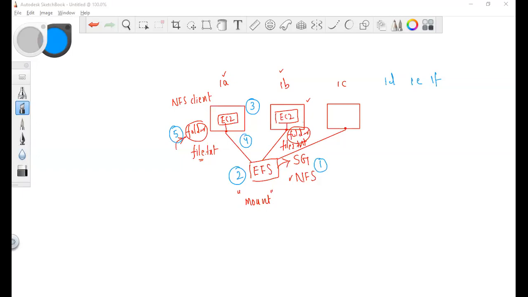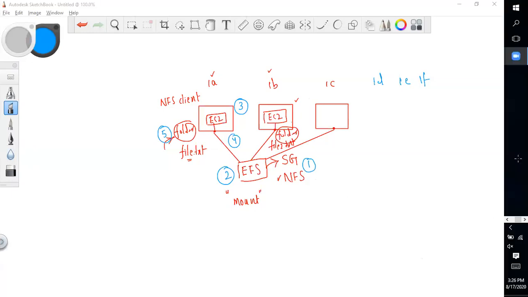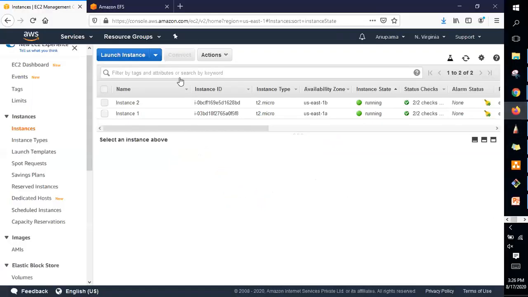AWS charges money for EFS. Guys, to Canada, okay, you can go, not to the US, huh? I'm not sure about Canada. Under the free tier, you can use up to 5 GB for free. You can store 5 GB of data in EFS. More than that, AWS will charge you. But guys, please don't enable these options. One second, I'll share my screen. When you are creating an EFS, okay, what you're doing.